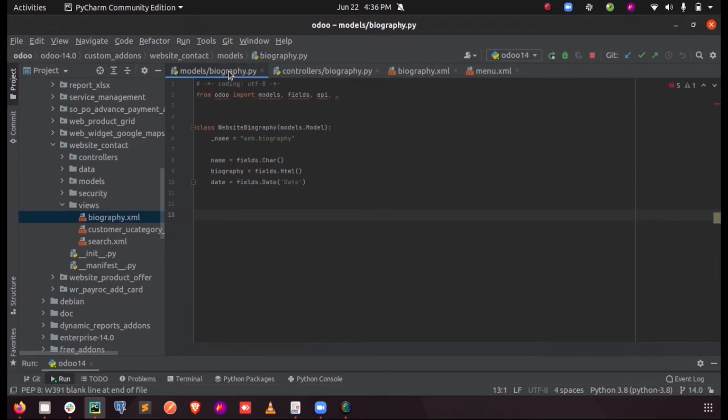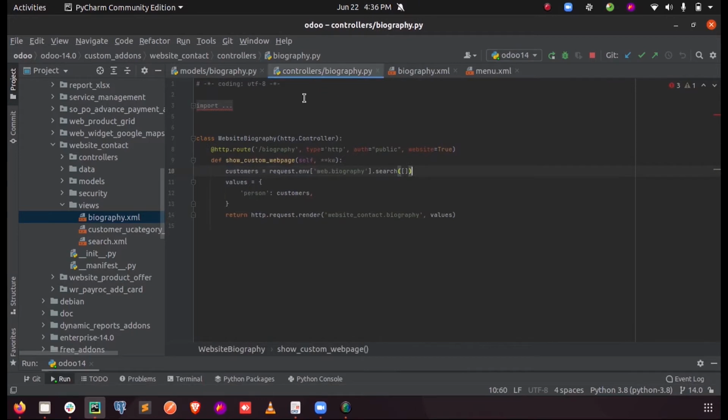Next, I have created a model to store the data for this particular view, web.biography, which has three fields: name, biography, and date. These are the three fields which we can see right now on the UI.